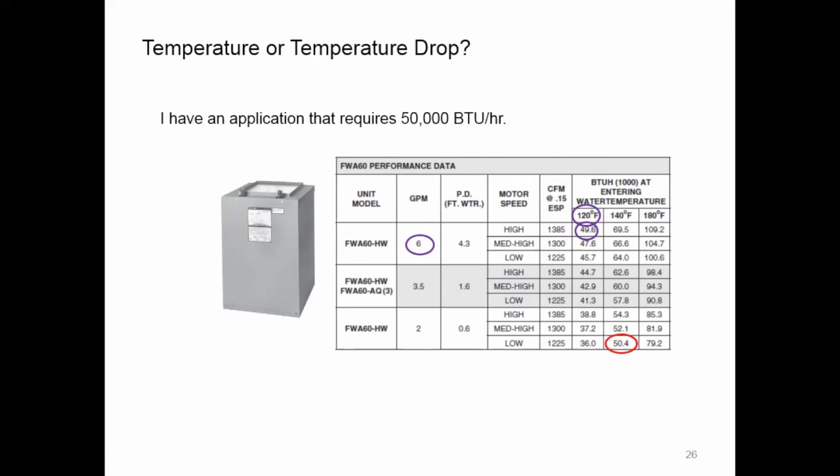If I look at this number here, there's another 50,000, 50.4. I can achieve that with 140 degree water at 2 gallons a minute at low fan speed. The question though becomes, what's the better combination to achieve if I'm trying to make the boiler condense? On the surface from our previous discussion, you'd look at it and say, oh, immediately 120 going out is lower than 140. The return water must be lower. That becomes the better setup. However, flow rate through the coil plays a big part in this. And if you work the numbers,